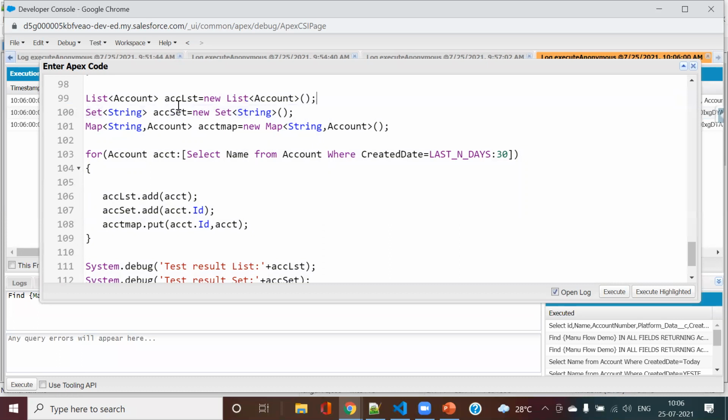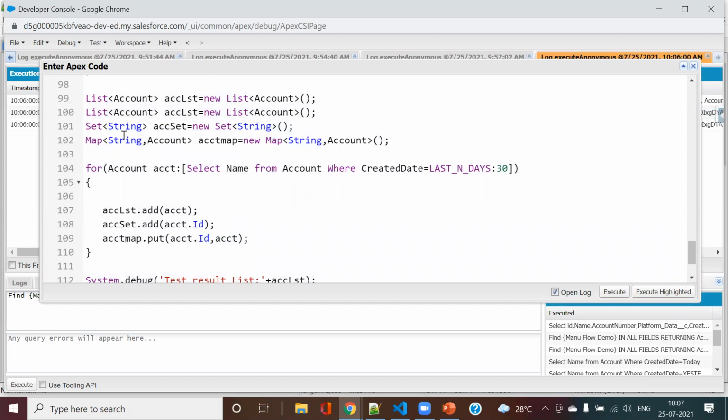Yeah, this one I initialize it now, because in case I did not initialize it, then... No, I'm saying, can I use the type as string instead of account? Yeah, but in that case your account IDs will come. Let me show you. You want to declare it as a string like this.